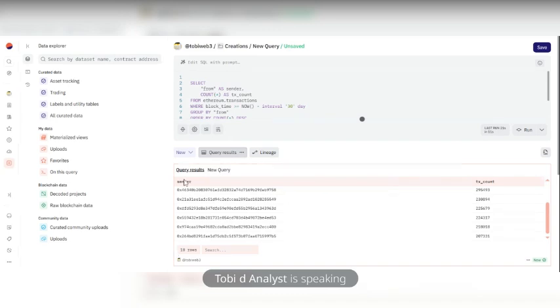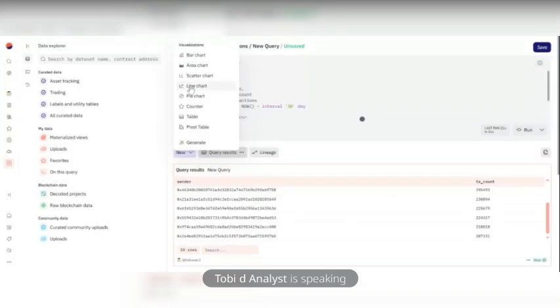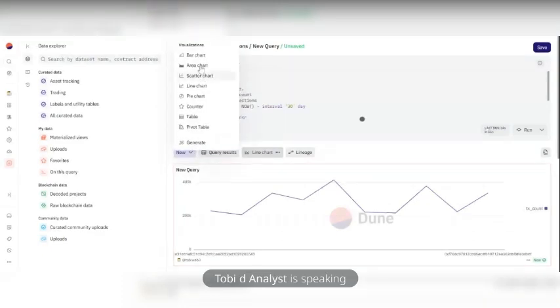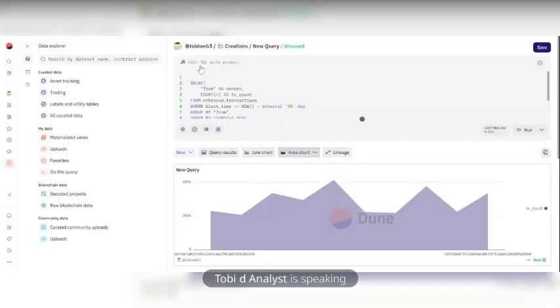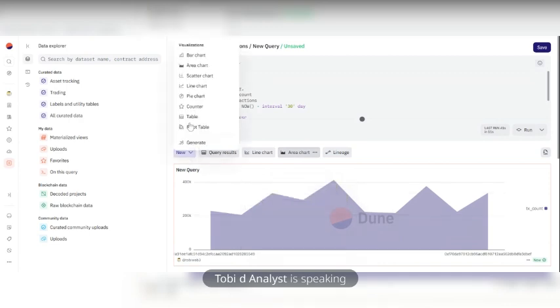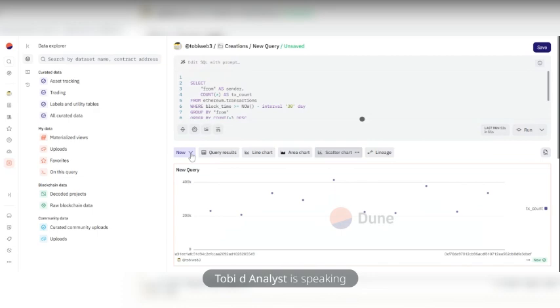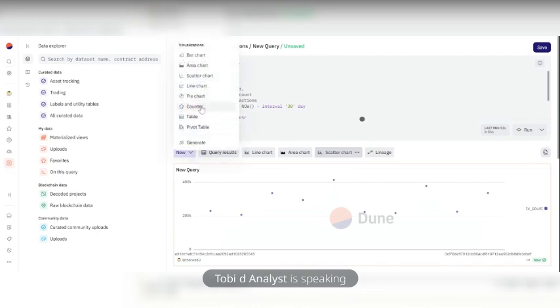So now let's create a visual. Let me use a line chart for this. Like a line chart, we don't really give up, but let me use an area chart. I think the area chart is better, right? So this is the chart we want to use. This chart is showing the top 10 transactions. I can just look for various charts, like a scatter chart, which is not really ideal for this project. There are various ways in which we use charts. All right, so let us go with the area chart,